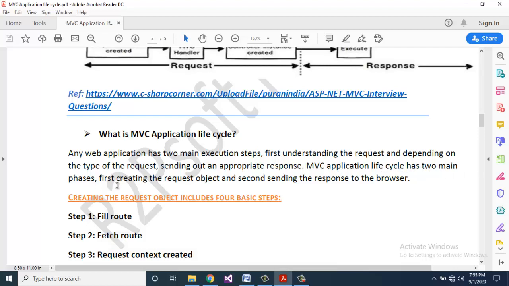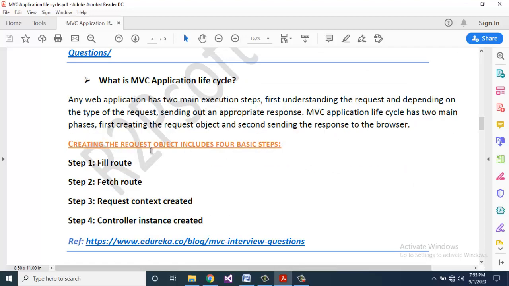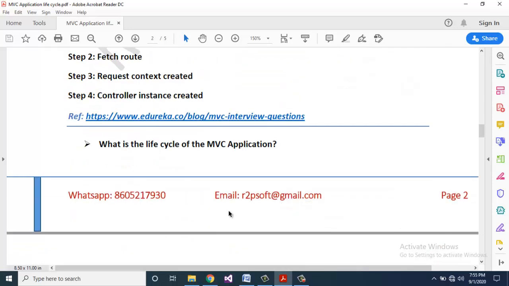First, creating the request object, and second, sending the response to the browser. Creating the request object includes four basic steps. Step 1, fill route. Step 2, fetch route. Step 3, request context created. Step 4, controller instance created. Next, what is the life cycle of MVC application?